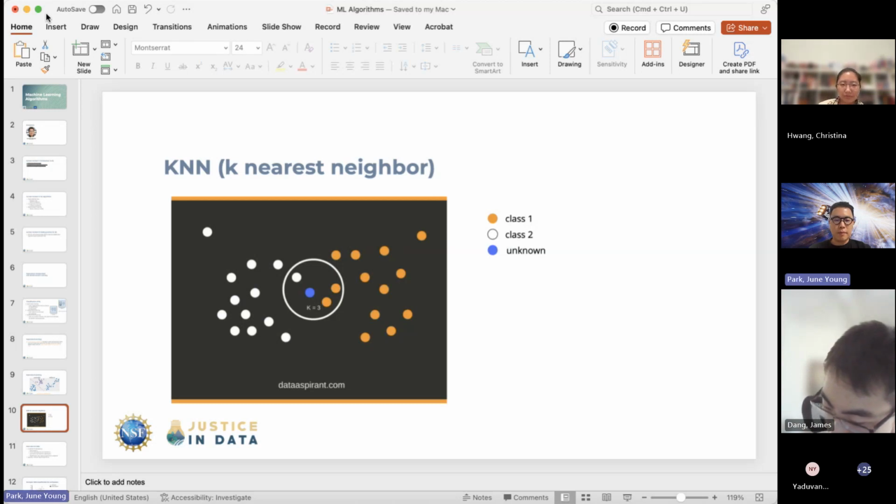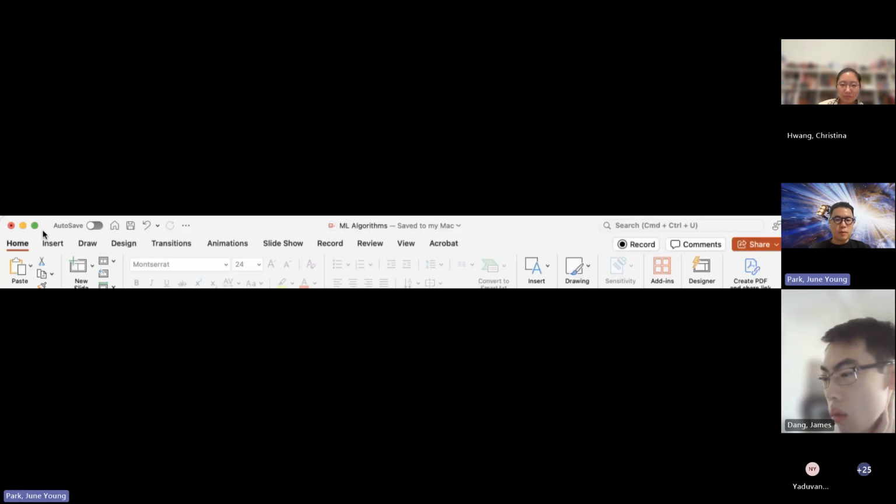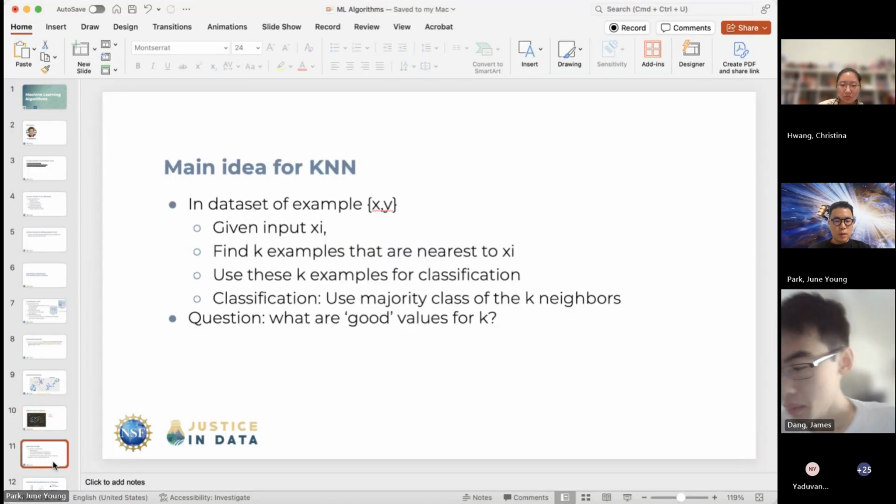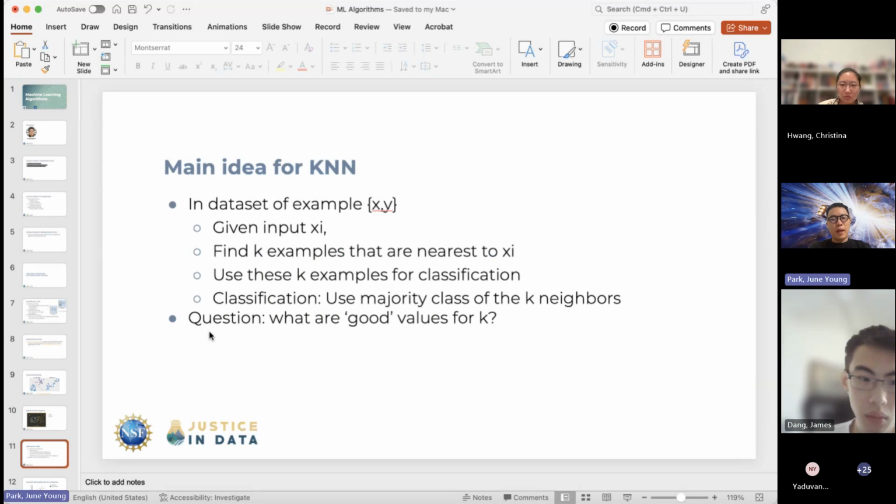Okay, so that's the starting point. The main idea for KNN is, in a data set of examples x comma y, given input xi, you are checking your k neighbors. The previous example was k equal 3, but you can choose k equal 5, k equal 10, k equal 11, and so on. So for example,